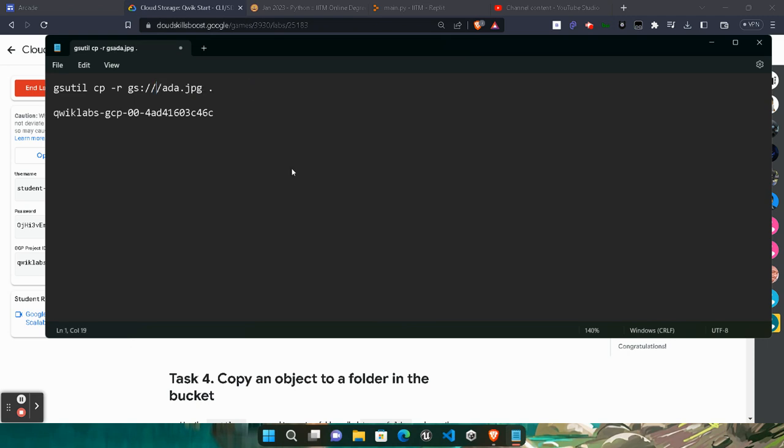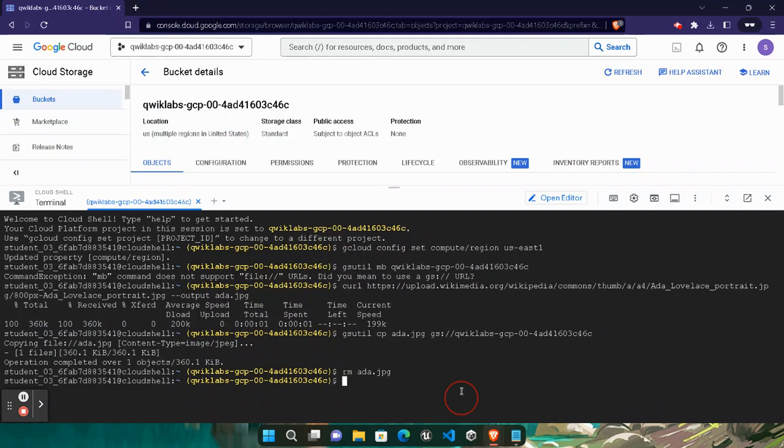Remove it, and once again paste your project ID that we already pasted here. So copy it, and once again we need to check where we need to paste it. Yes, we need to paste it here. So make sure your command looks like this. Copy the whole command very carefully. Copy this whole command and come back to the console and paste it under the console and hit the enter button